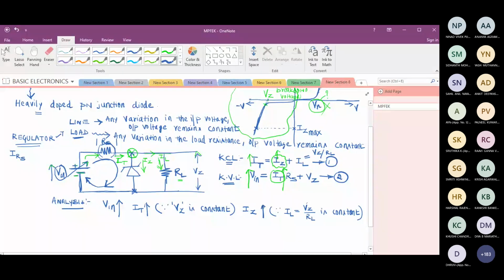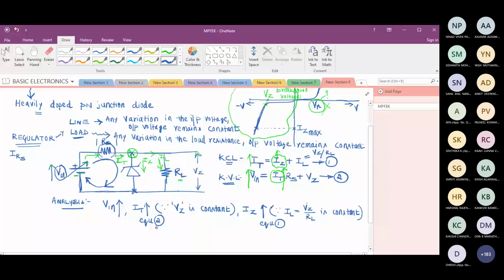Yes, sir. I'll just write here, IT increases. This is from equation number 2. Just to make you understand when you refer to your notes, I'll write here, IZ rises, this is from equation number 1. Because later when you refer to your notes, you may not understand where you are getting this. Okay, so IT rises, this is from equation number 2. IZ rises, this is from equation number 1. Is it fine?